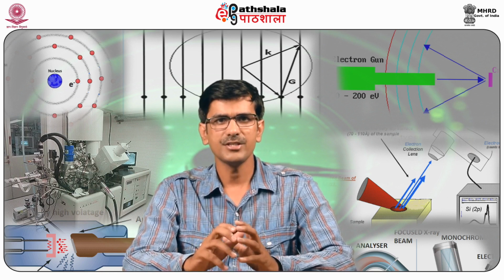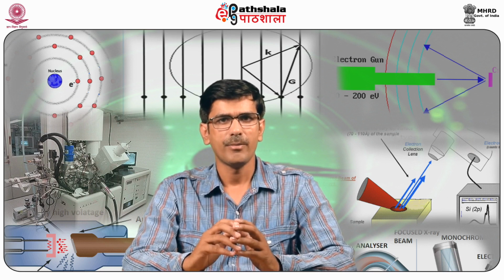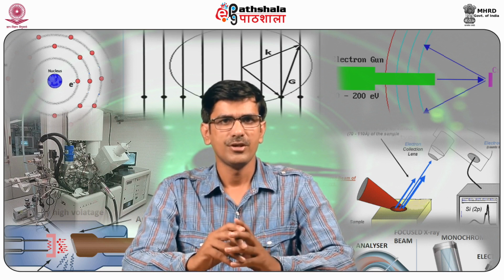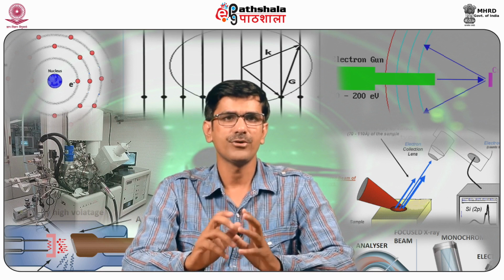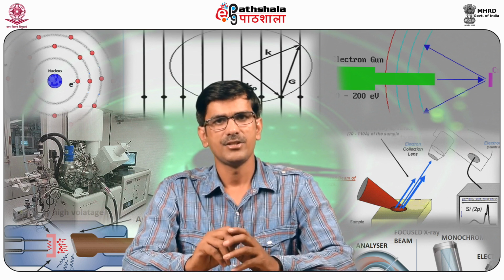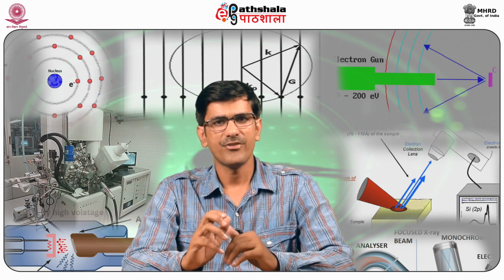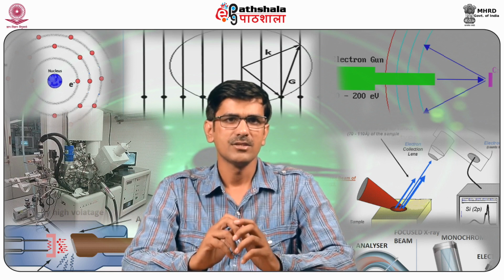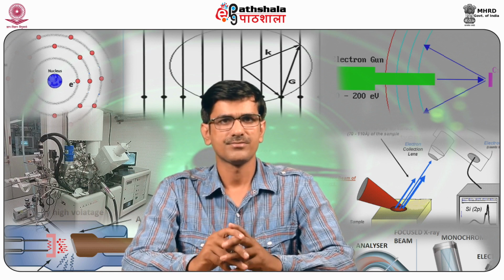It results in an increase in the number of electrons and hence an increase in the charge by several orders of magnitude. The collected charge is proportional to the energy of the incident photon, and hence the term proportional detector is used. The proportionality helps us to differentiate between X-ray photons with different energies.